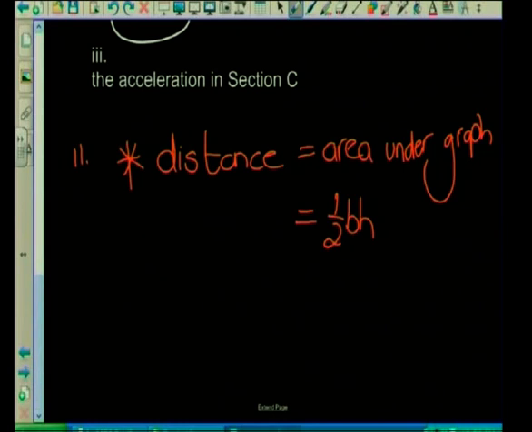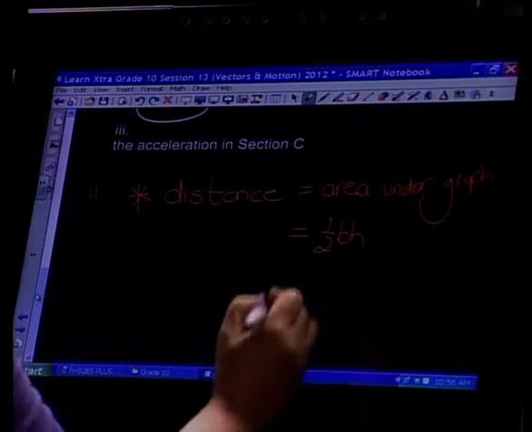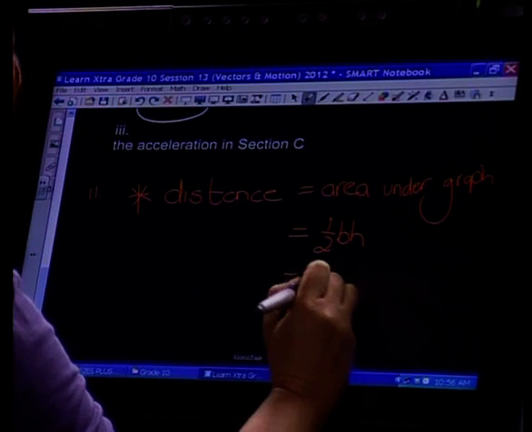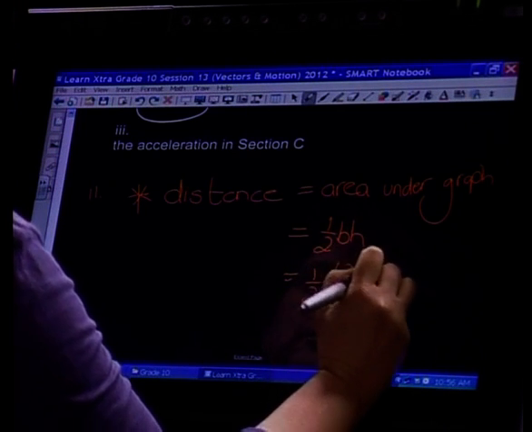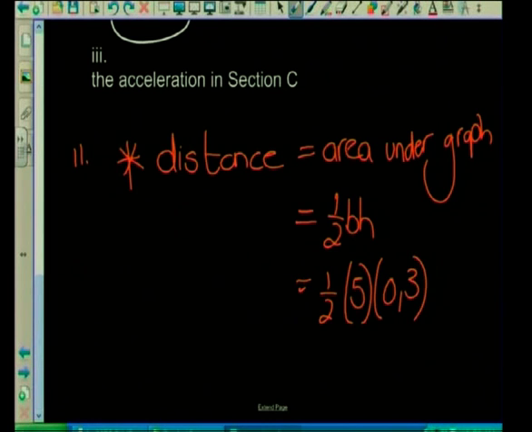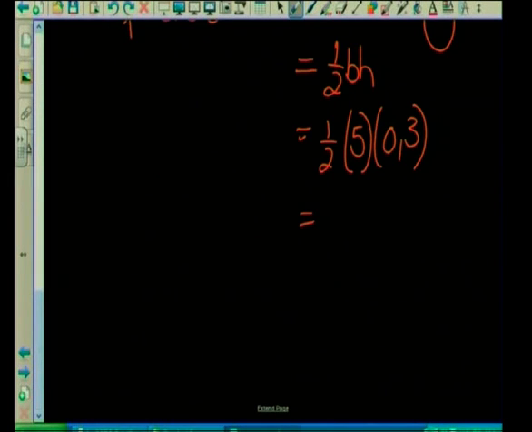So that means it's a half base times height. Please, grade 10, you need to go back to some of your basic maths and learn how to work out the area of a triangle and a rectangle, because you can always split your graphs up into those two shapes and then add a whole bunch of areas together. So look at it. We go, my base is 5, my height is 0.6. So it's a half times 5 times 0.6, and we get